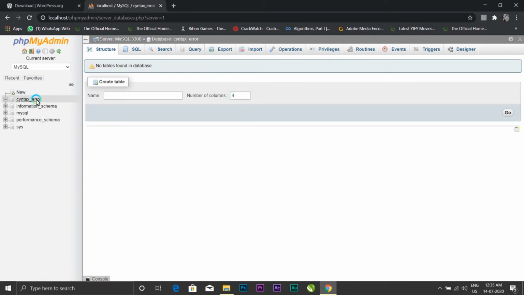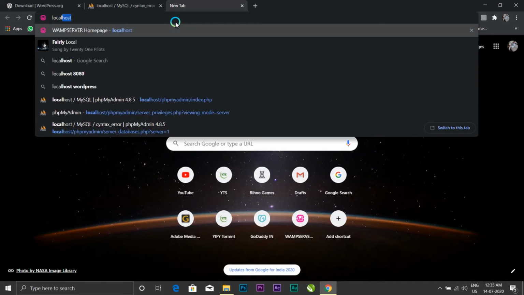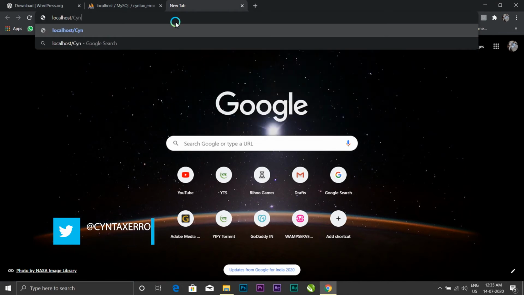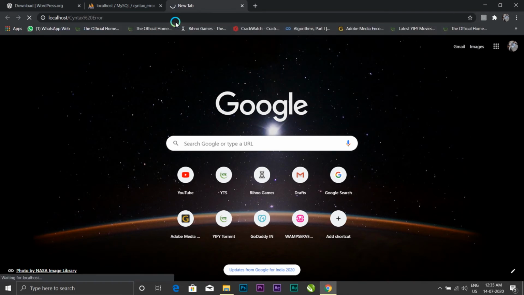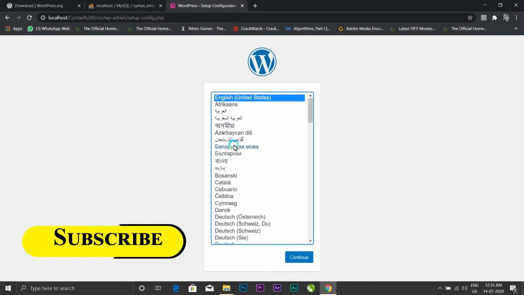Now I have opened a new tab, and I type localhost slash syntax error, the folder name which we created for our website. So guys, if you see this page, this means you are doing well, without any errors.